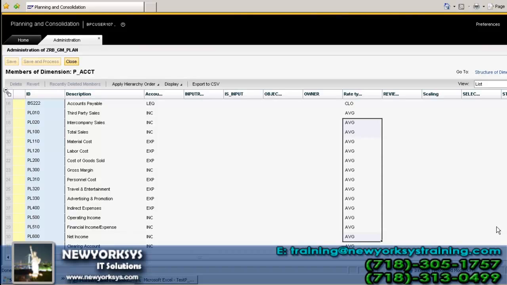The rate type doesn't matter because we're not doing any translations at the moment. Total sales is also income. These are expenses. Gross margin is income. Again, the rest of these are expenses, and as I was pointing out, that financial income expense is an income